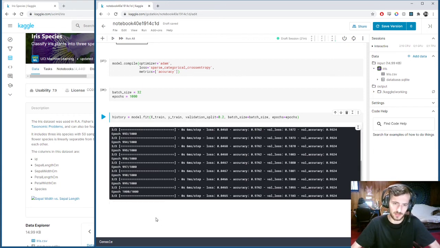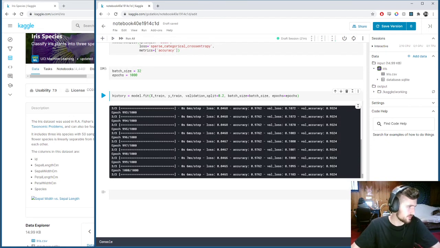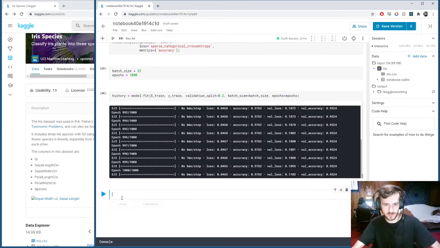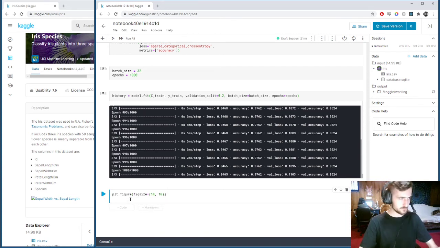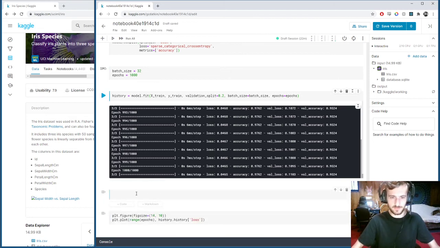Alright, we finished our 1,000 epochs, and now we're going to get a plot of the learning curves for the training. So plt.figure, figsize is going to be, we'll say 14 by 10. plt.plot, and on the x we'll have a range of all the epochs that we trained for, and on the y we're going to have our training loss. So again, history is our fit. history.history is